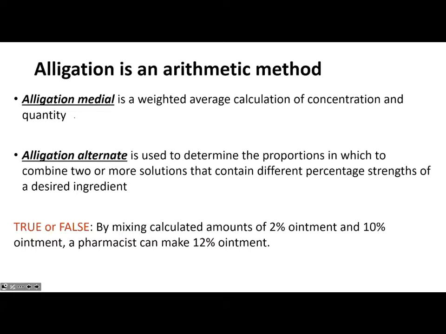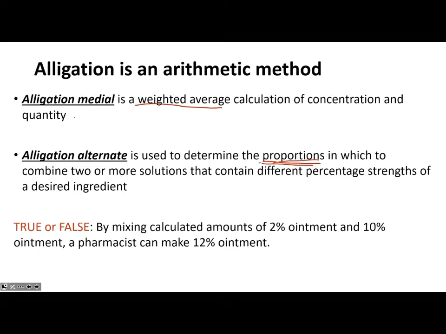We're going to be doing two things, so don't get confused. There's an alligation medial that we're going to talk about, which is a weighted average. And an alligation medial is a different kind of math problem where you use this weighted average. Don't get that confused with the one we're really going to focus on, which is this alligation alternative, which is